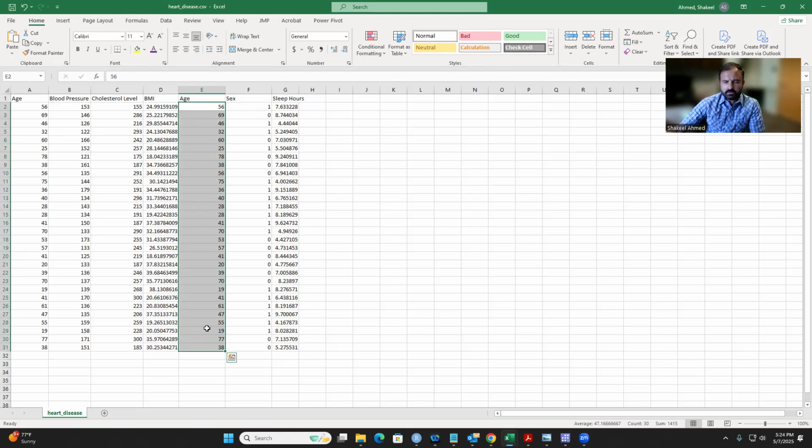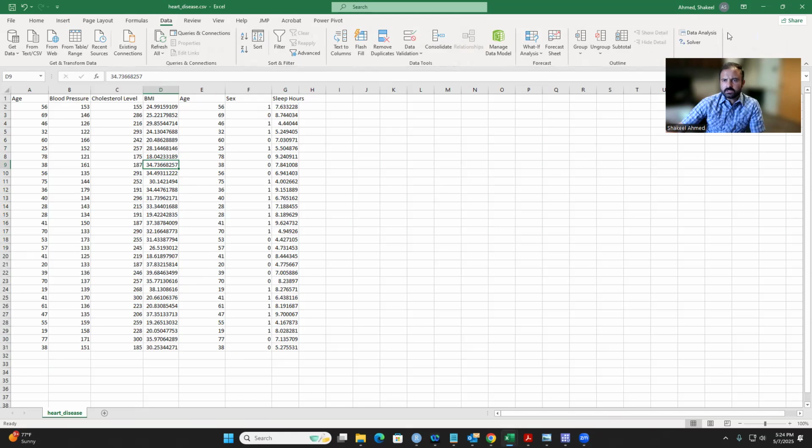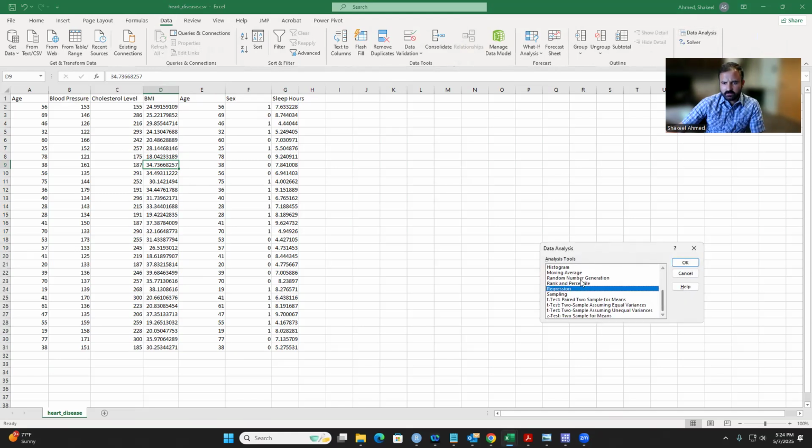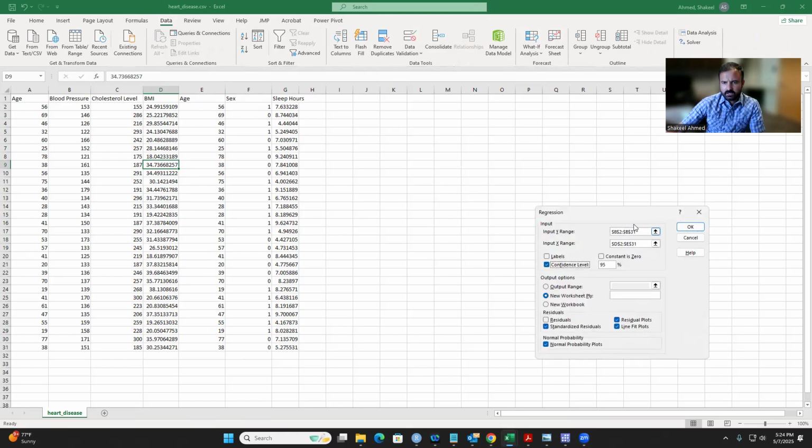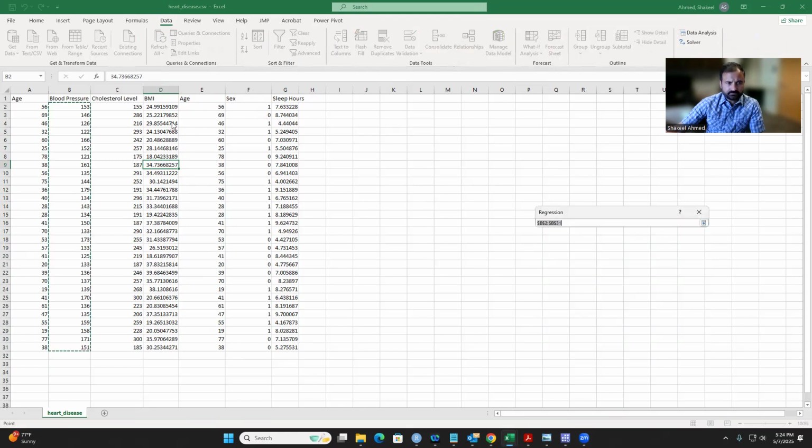But we are talking about linear regression. So the blood pressure is a quantitative response variable, and we assume that this is related with the age and sex of the individuals. So let's start again. We have the data analysis tool back, and we again go to the option of regression,